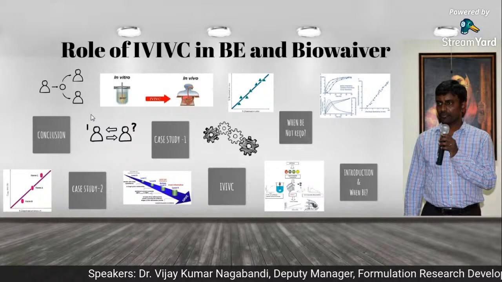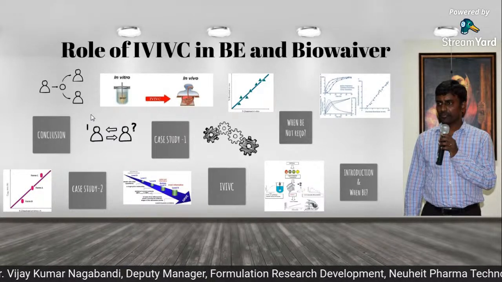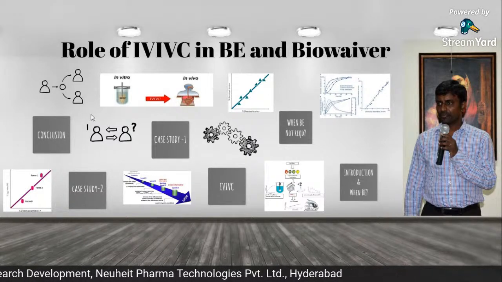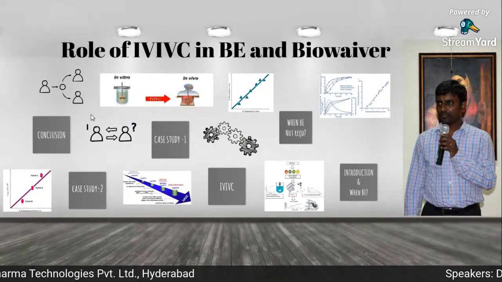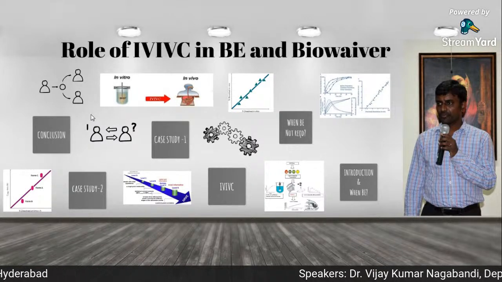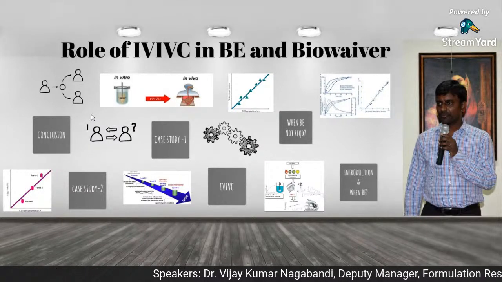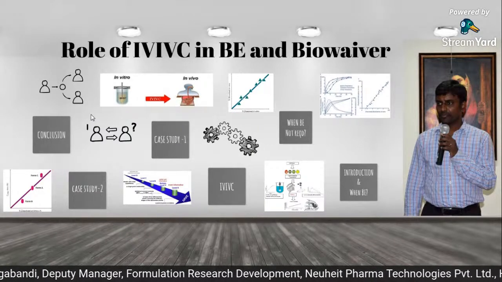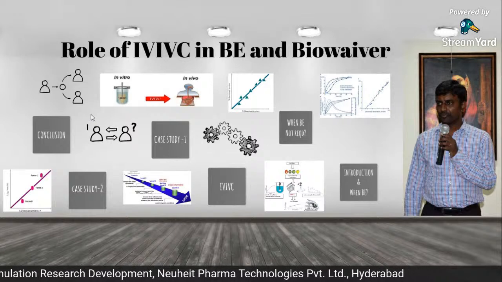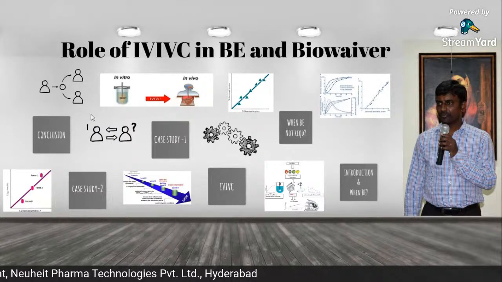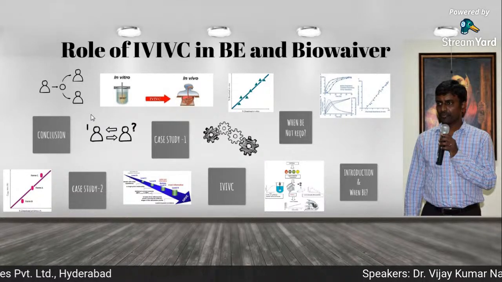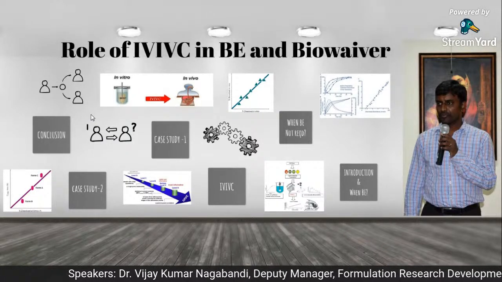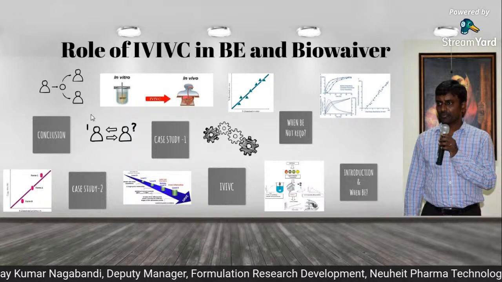Wherever in vivo bioequivalence testing is mandatory, it can be pharmacokinetic, pharmacodynamic, or clinical endpoint bioequivalence. We have three types of bioequivalence testing: one is pharmacokinetic, the second is pharmacodynamic, and the third is clinical. This testing is required though your formulation is a generic formulation. You have already proven that you are chemically equivalent and pharmaceutically equivalent, but you also have to prove that you are bioequivalent, either by pharmacokinetic, pharmacodynamic, or clinical endpoint.